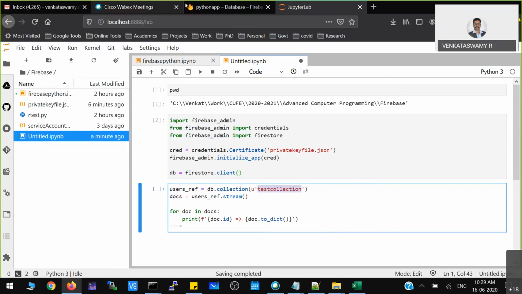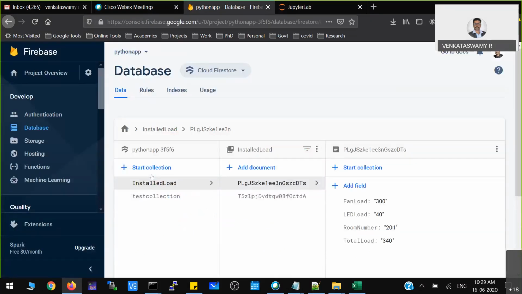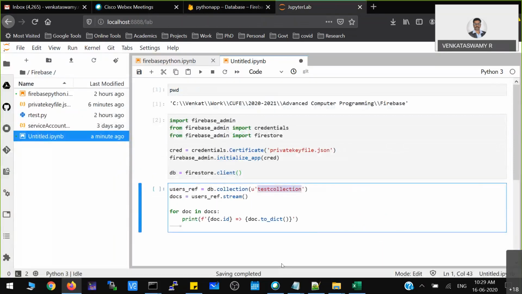You have to go back to your Firebase dashboard or database. There the main collection name is installed load. So that you have to provide here.